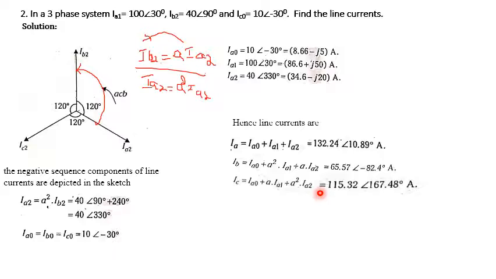Do not get confused here. Substitute these values of IA naught, IA1 and IA2. We will get the result in polar, or else you can convert to rectangular and do it. You have to be very careful while calculating the terms. You should always keep it in either rectangular or polar, because the scientific calculator is not going to allow us to multiply a rectangular term into a polar form, or polar form into a rectangular.